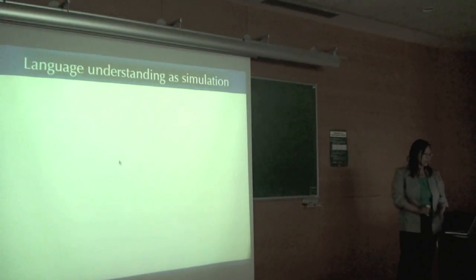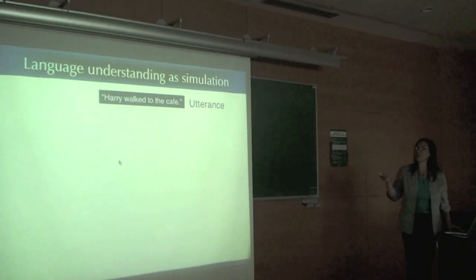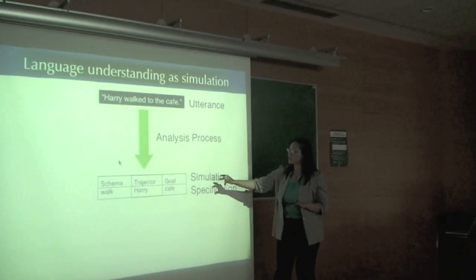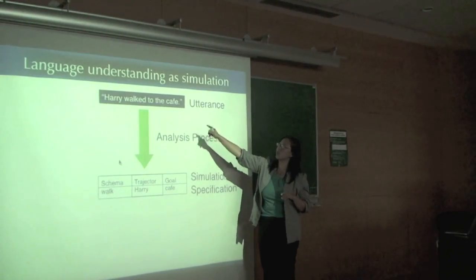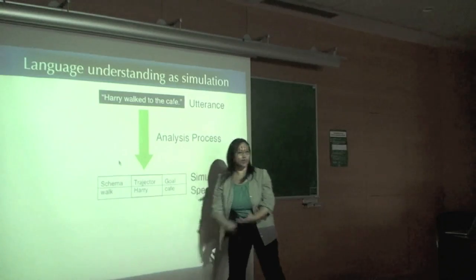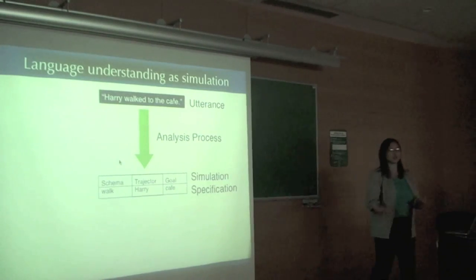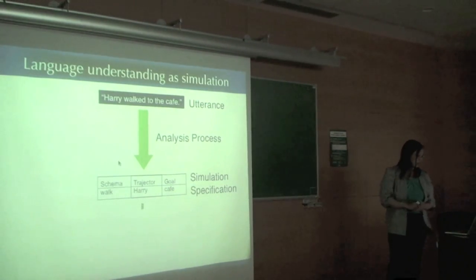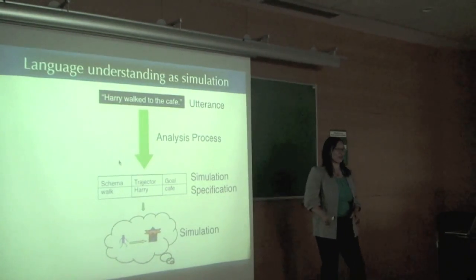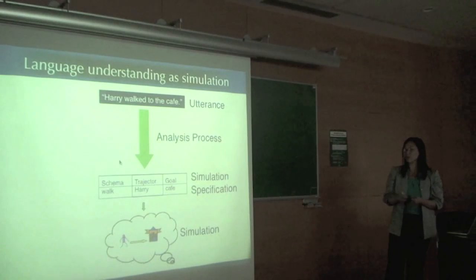Okay. So here's the same slide in picture form. When you hear a sentence like Harry walked to the cafe, the idea is you do some processing, and I'm not going to talk too much about what this is. This is a very simplified version: knowing English and knowing the sentence, you know that the person who's walking, the trajector, is Harry. You know that walking is the kind of action he's performing, and you know that he ends up at this place, the cafe. You may know other things, but this is the basic outlook. And then from there, you can do the actual simulation, which is, okay, that's involving legs iterating and moving toward this goal and that kind of thing.